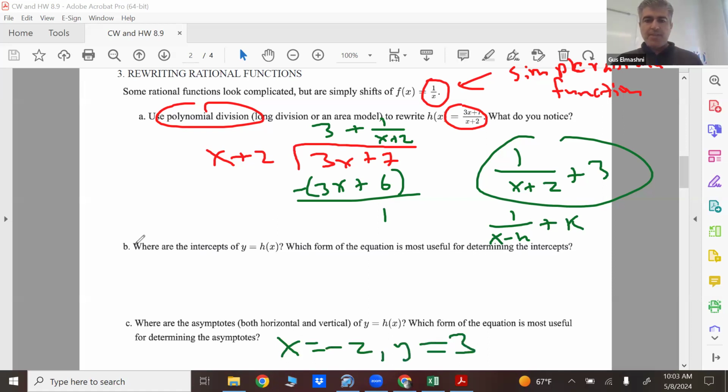Where are the intercepts? That's easy. The y-intercept is going to be 7/2. That's easy. And then the x-intercept,